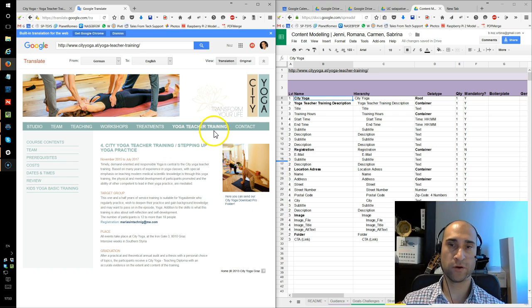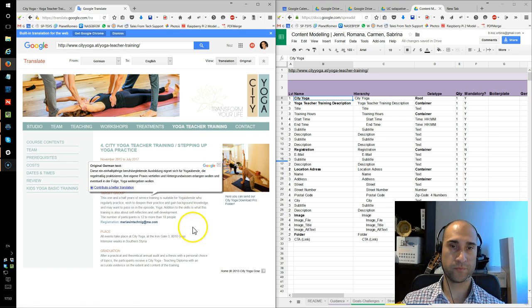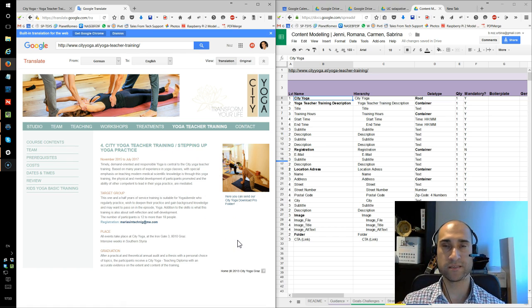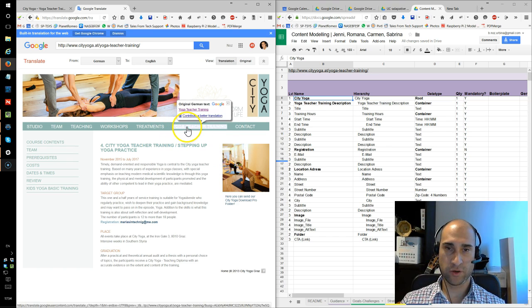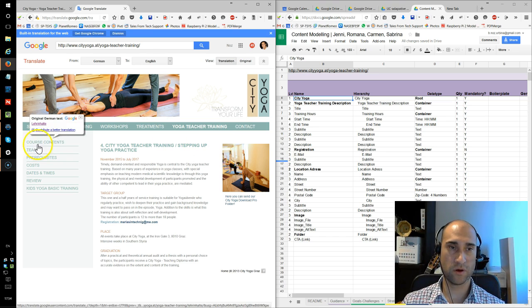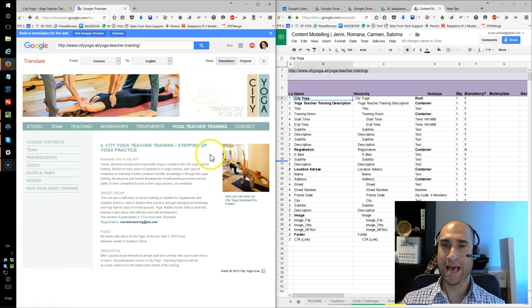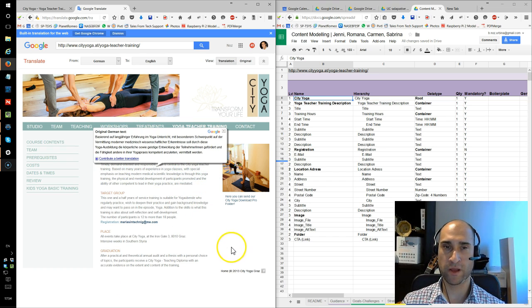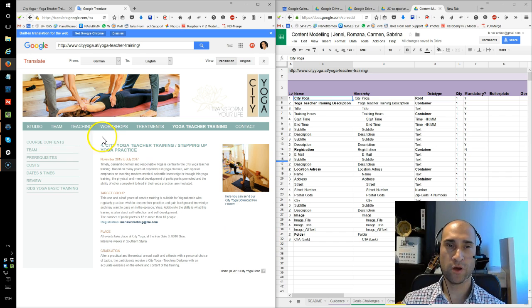What we're describing here is a yoga teacher training course, or stepping up yoga practice. So it's describing a course particularly for higher level students to increase their skills. And it's under this yoga teacher training heading, and there's contents, prerequisites, the team that teaches the course, dates and time information. A lot of that kind of stuff, and including this stuff you'd have on this single URL, a lot of that is also going to apply to workshops or other things offered by this same